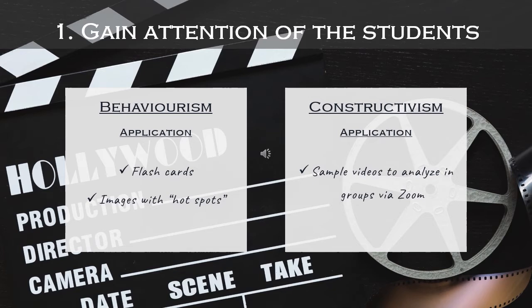In behaviorism, I have activities such as flashcards or images with hotspots. So these could be created through the H5P technology that recently came out in Brightspace. The interactivity and the visual appeal of it, I find, should be motivating for the student, promoting curiosity, like, oh, what is this? I want to check this out. So immediately they're drawn into the course. We got their attention. And these are good for the behaviorism aspect of things that I mentioned before.